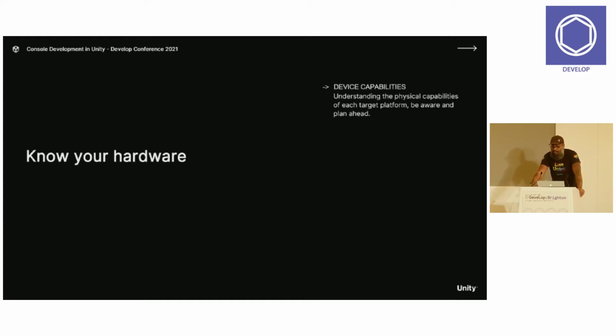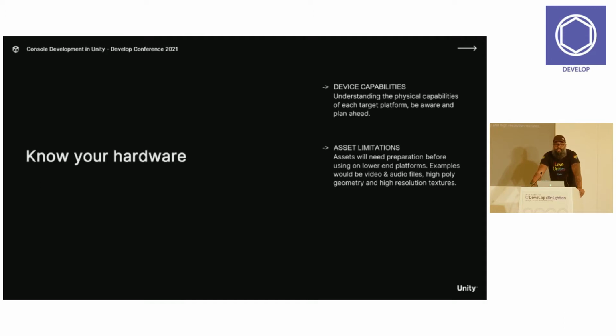You do have different memory, GPU and CPU speeds that you need to contend with. Also, you've got different control schemes, haptics, all those kind of things. And you've got things like file sizes and I/O that you need to worry about in your development. So you really need to look at the target device that you're aiming for. And that's where the various tools for the platforms come into play, understanding how much memory you have available. For example, a Switch has 4 gigabytes, but an Xbox One X has 12. So knowing what your memory footprint of your game is, and the amount you're using on your GPU while you're building games, is especially important. And we're going to touch on profiling and optimization later on.